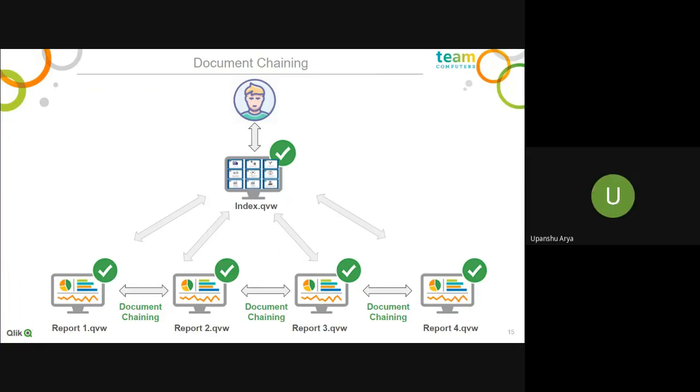This is just an example. I said country-wise, but you can also break reports at department level, where the main dashboard is visible to all users, but the details are specific to departments. So the document CAL point is a very valid point that we have to consider before using document chaining.